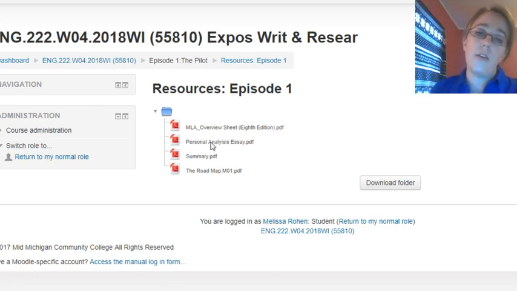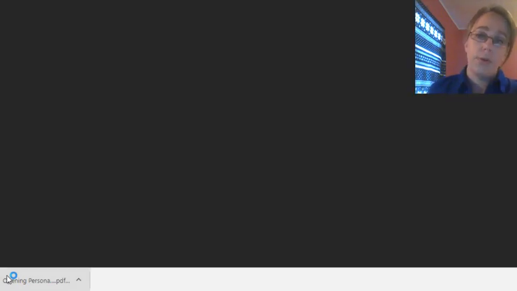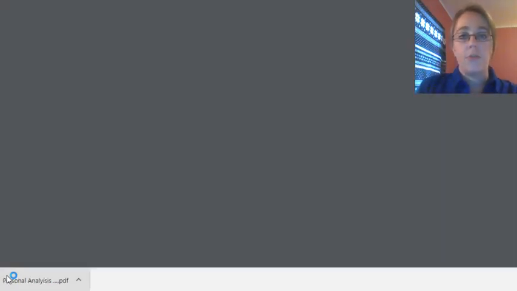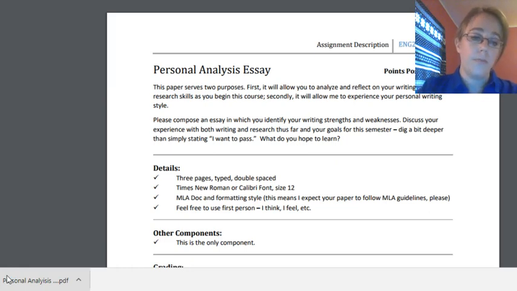To see these, you want to click on one and say, yeah, I want to download it. It'll download, and then you can open it up. And it'll open up in a new window, and then it'll be the actual assignment sheet. And in these assignment sheets, I tell you specifically what it is that we're trying to do with this assignment, give you the points possible, all that good stuff,